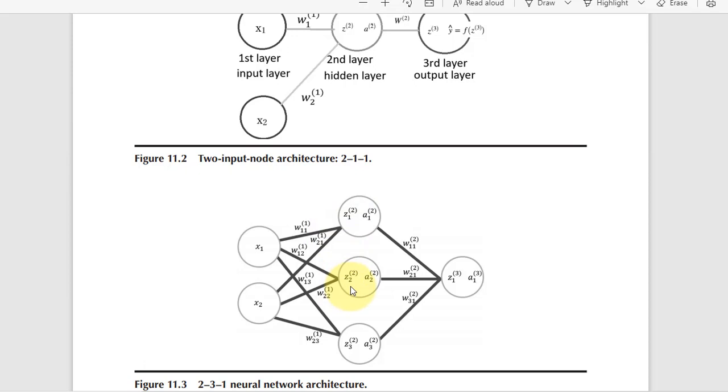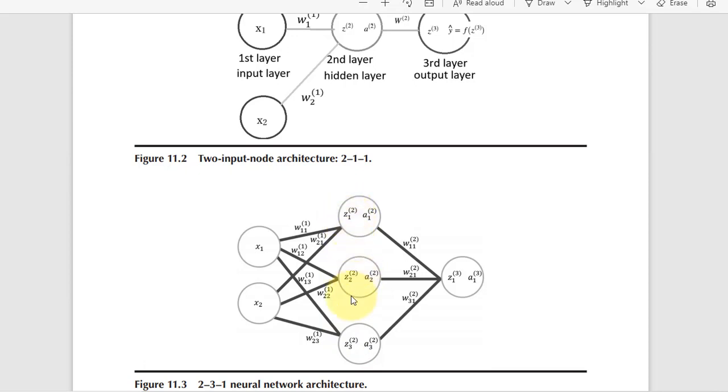Now how do you get this one? So you take this value times the weight on this edge, which happens to be W12, and then you take this value times the weight on this edge, and you add those two together to get this. And then you can see you're going to do the same kind of thing for this number. So that's how you get the Z1,